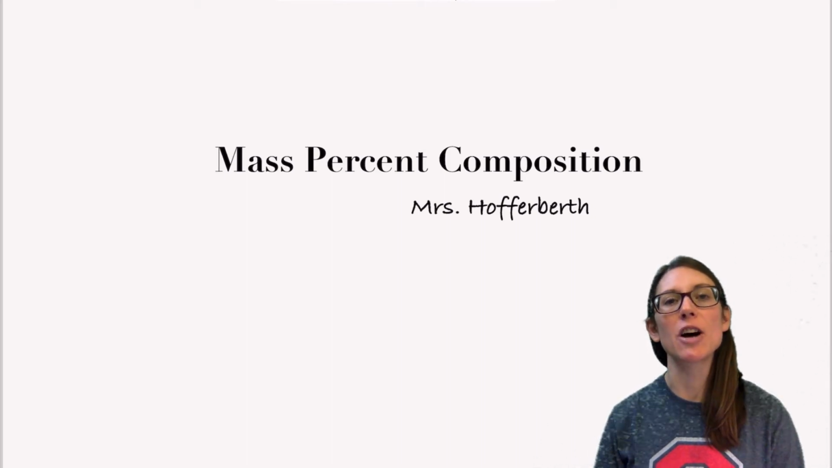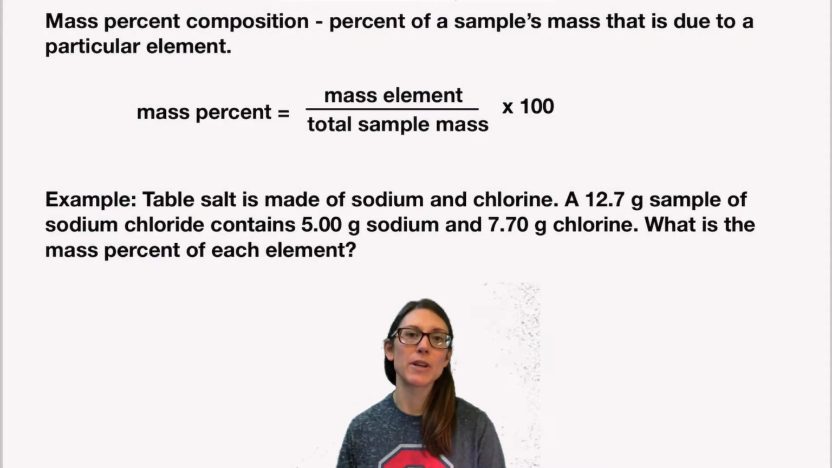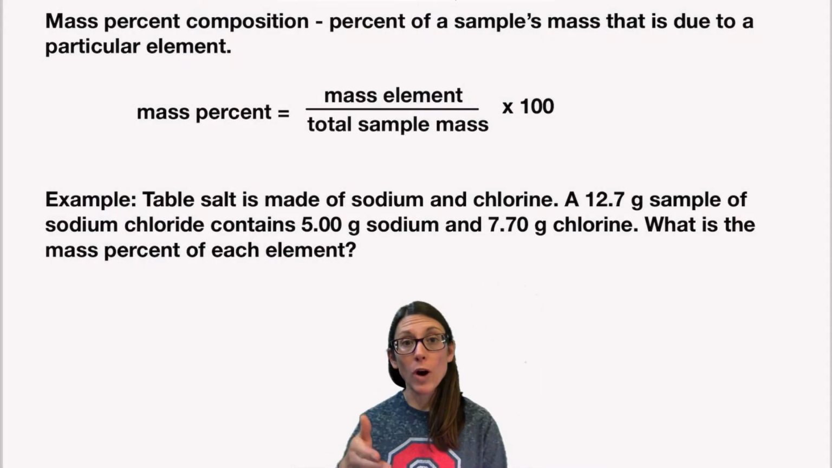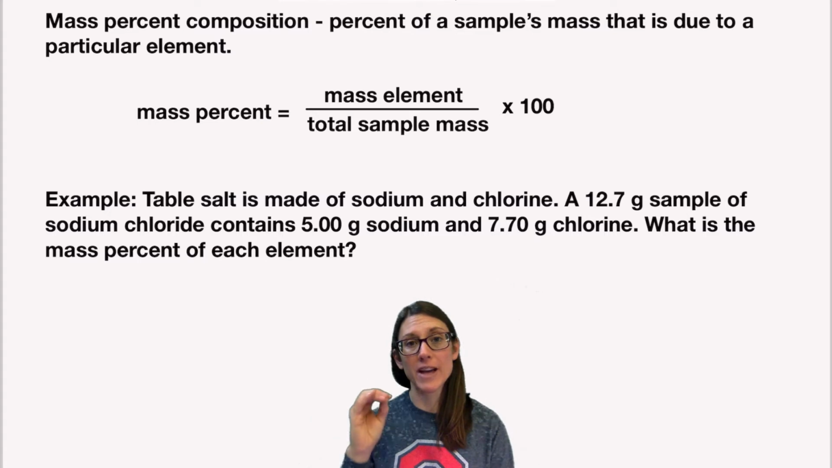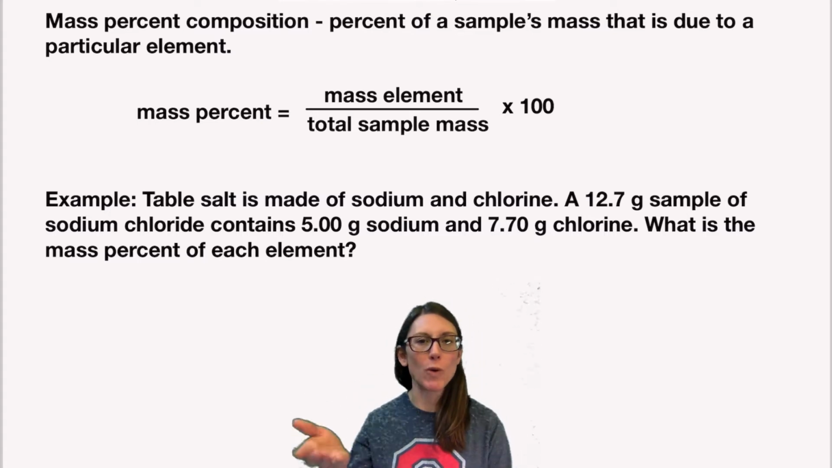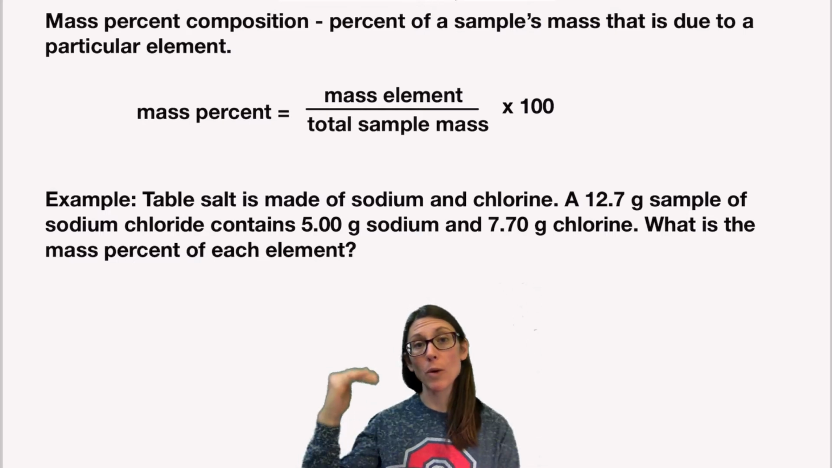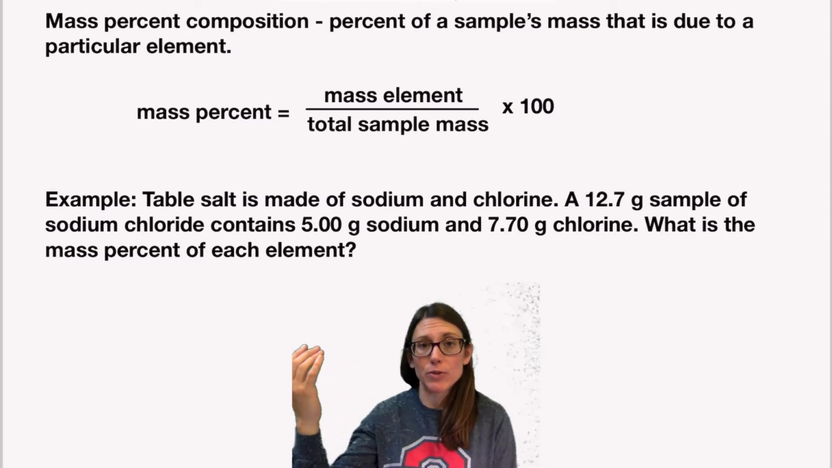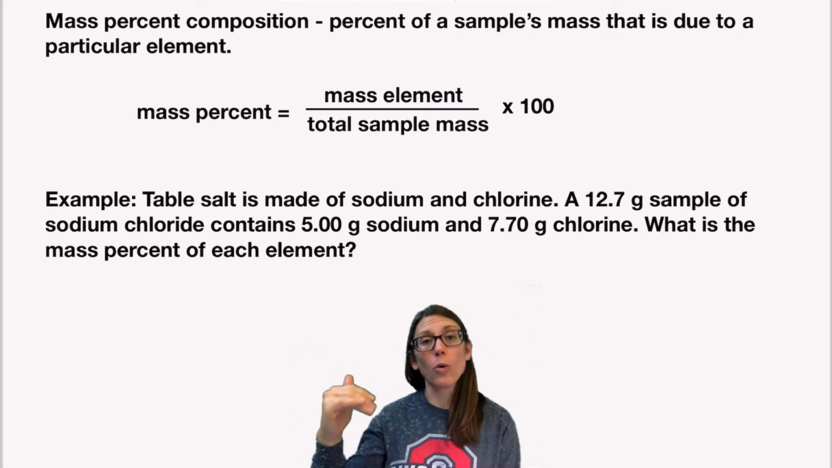Everyone, today I'd like to talk about mass percent composition. So what mass percent composition is, it's what percent of a total mass for a sample is due to a particular element. So percents are always part over whole. In this case, what part is an element that we're interested in, divided by the whole, which is the mass